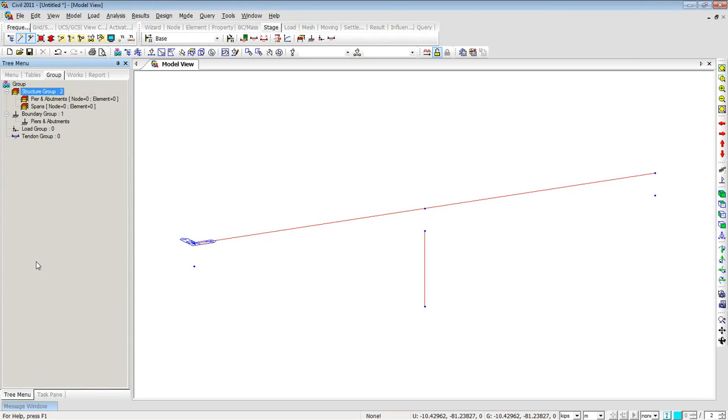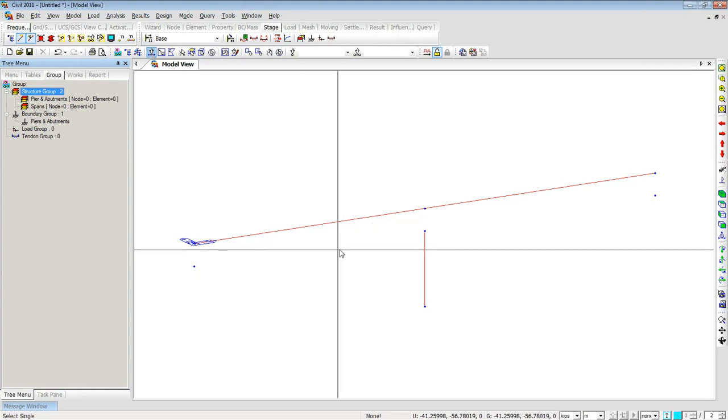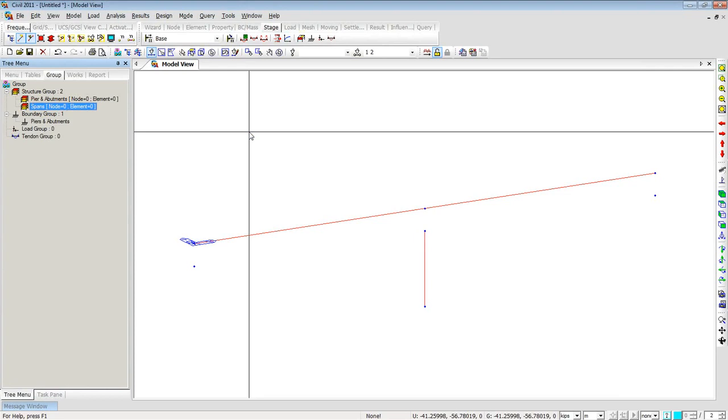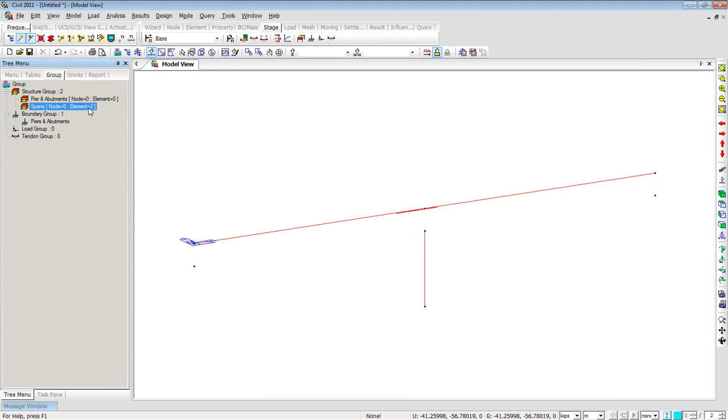So when you just need to add 1 or 2 here and there, you can just right click and select new. Now I'll go ahead and define the elements that will comprise the structure groups. So I'll select the span and click on the span group, drag and drop it over the screen, and if I double click, you will see